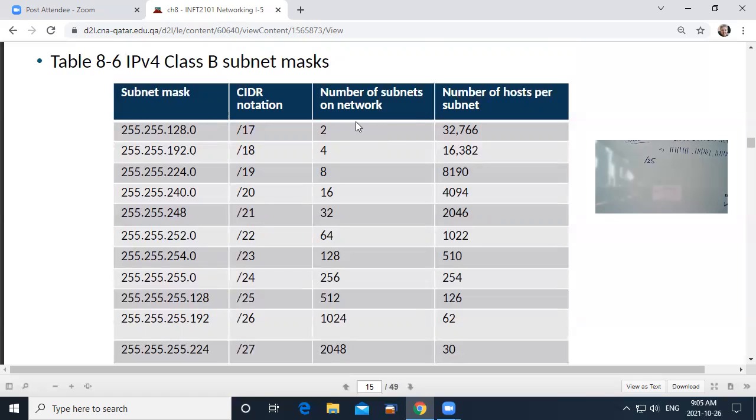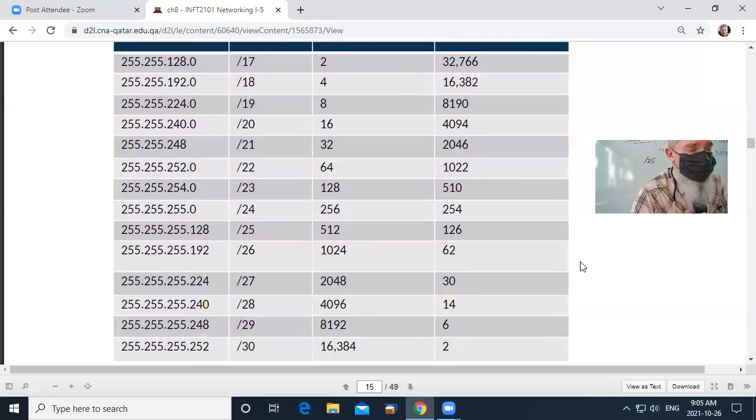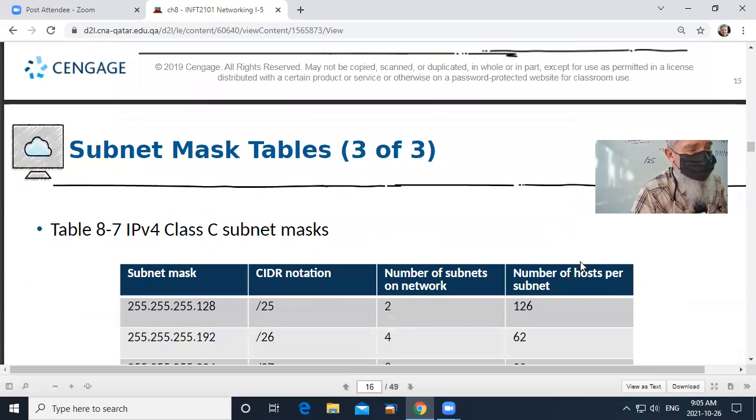Now, do you notice these numbers? 30 is not quite 32, right? 60 is not quite 64. 126 is not quite 128. And that's because of the IP address that's required for the network, for the router, and the IP address which is required as a broadcast address. So every time you have a network, you need to reserve one of the IP addresses for the network and for the router port, and you need to reserve one of the IP addresses as a broadcast address. And so that's why you don't get the full 32, or you don't get the full 128, etc. I hope that's explained in a way that's understandable.